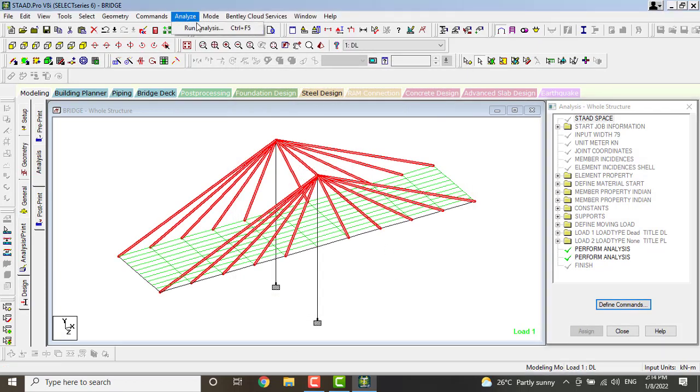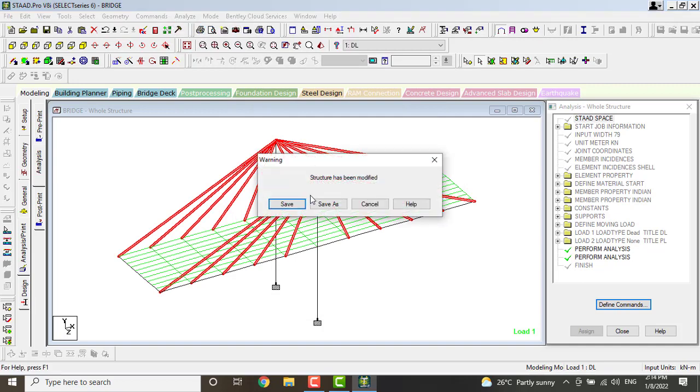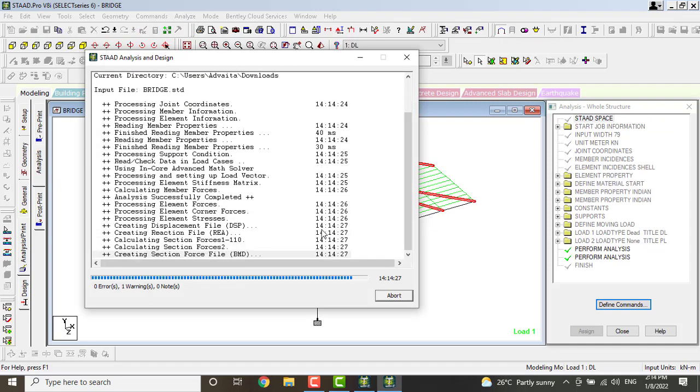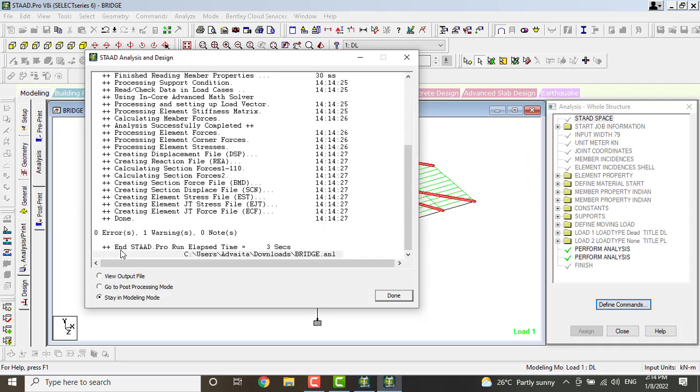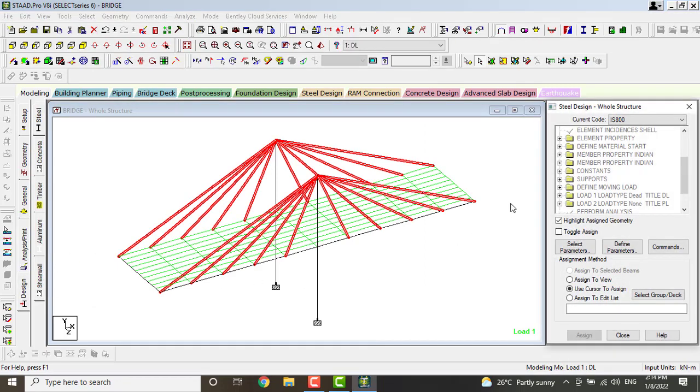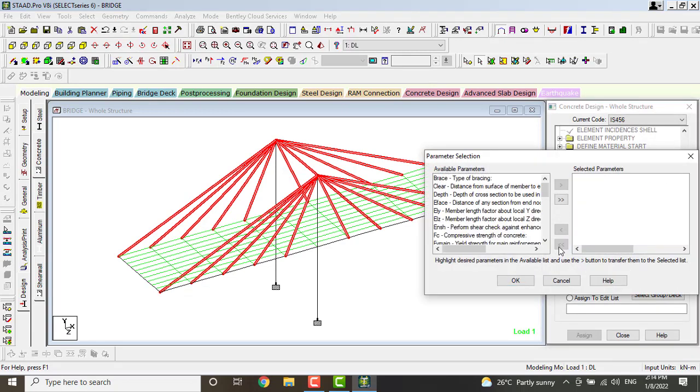Go to analysis, run analysis option, save this project. Okay, our error will be rectified. Then go to design. Here you have to select the concrete and go to select parameters.